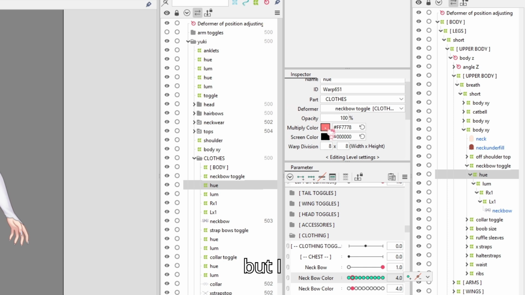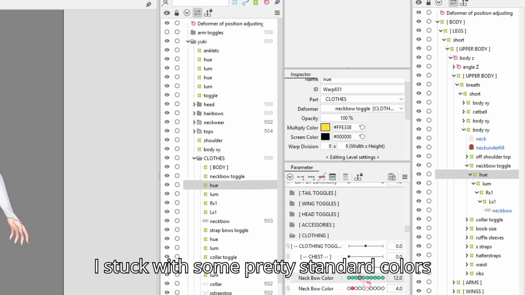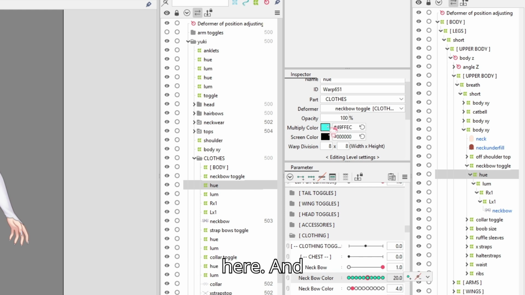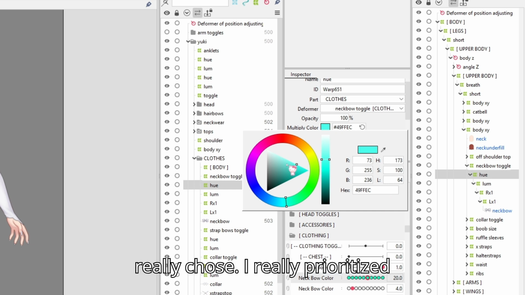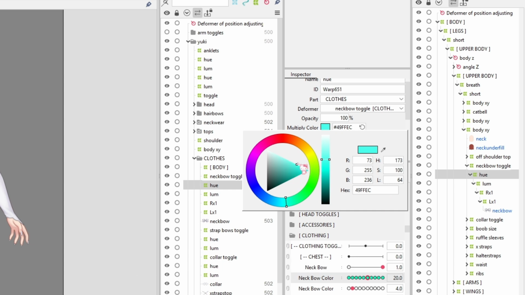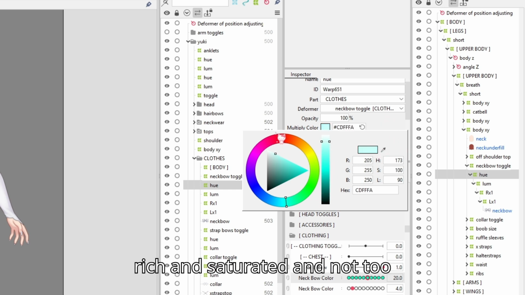But I just went through the rainbow here, essentially, for each of these key forms. And you don't have to go with the colors that I've chosen. Just do whatever works for you. I stuck with some pretty standard colors here, and really prioritized bright colors that were very rich and saturated and not too pastel,